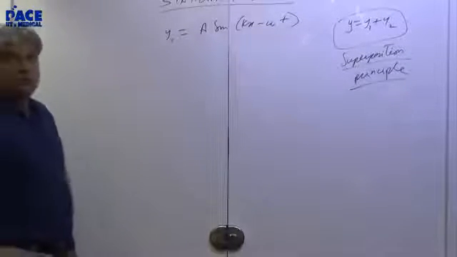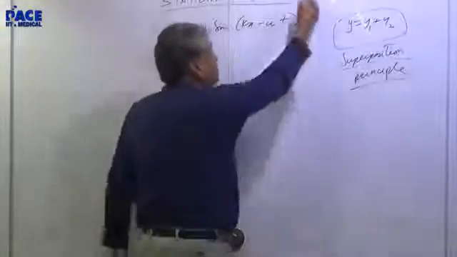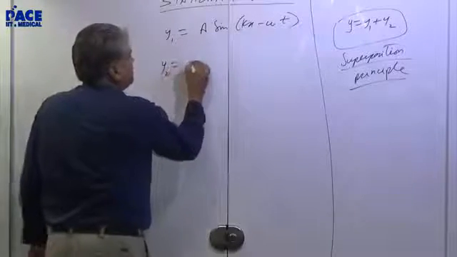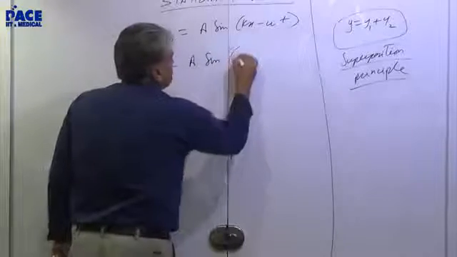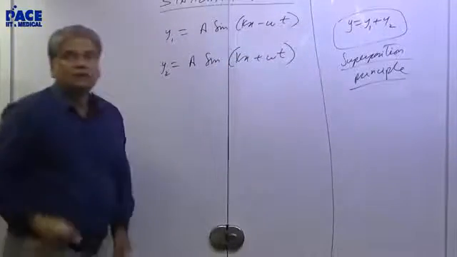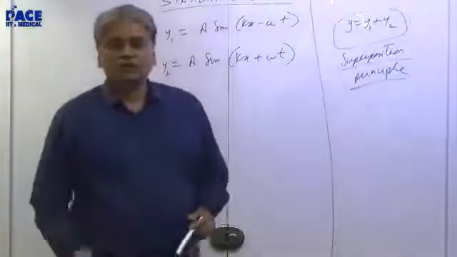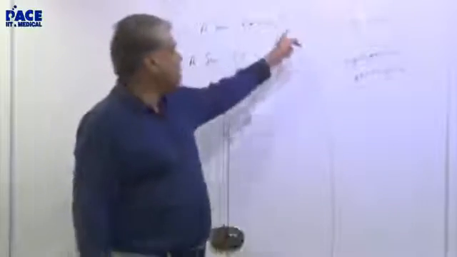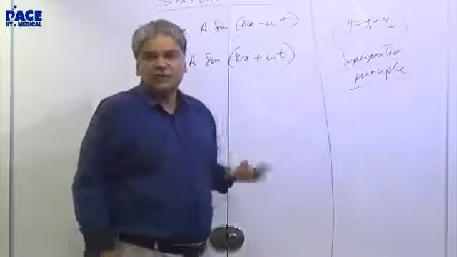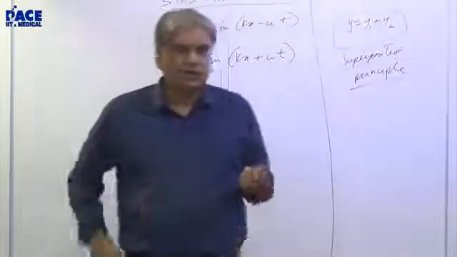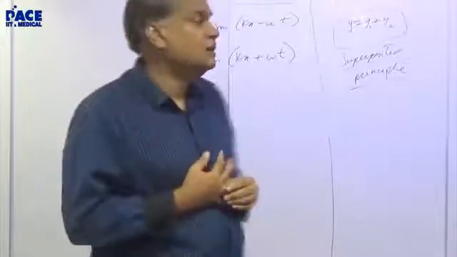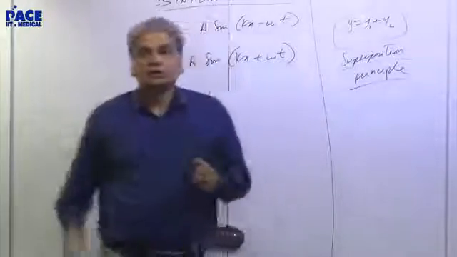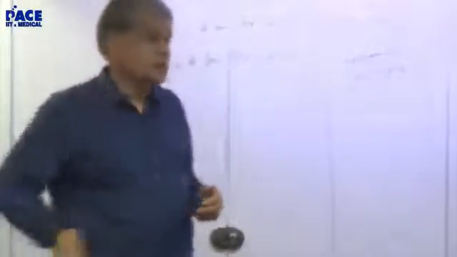Right? So, if you have one wave like this and the other wave, the same kind of wave, but its only difference is, what is the difference, you tell me? Yeah, the wavelength, frequency, the wave itself is same, everything is same, except the wave is going in the opposite direction. I could have written delta 1, delta 2 as a phase difference, and that won't make much of a difference, so I don't want to just write it. It can be written, no problem. You put a phase constant here, phi 1, phi 2, like that you can put. So if these two waves are intermingling or superimposing, what will happen?